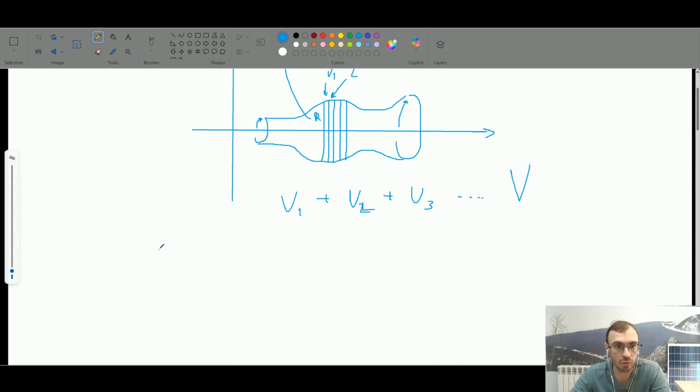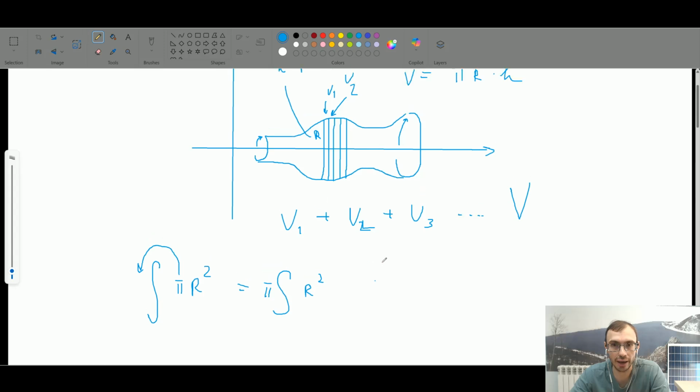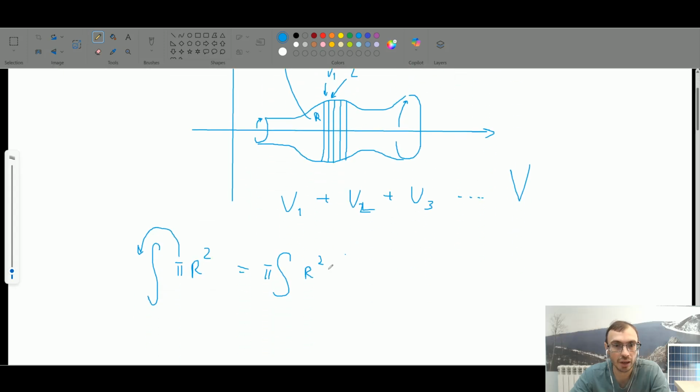Therefore the formula will be the integral of pi r squared. Since pi can be taken outside, I can write it as pi times the integral of those r squares. I'm not including h because h is tiny here. And r squared is f of x squared,